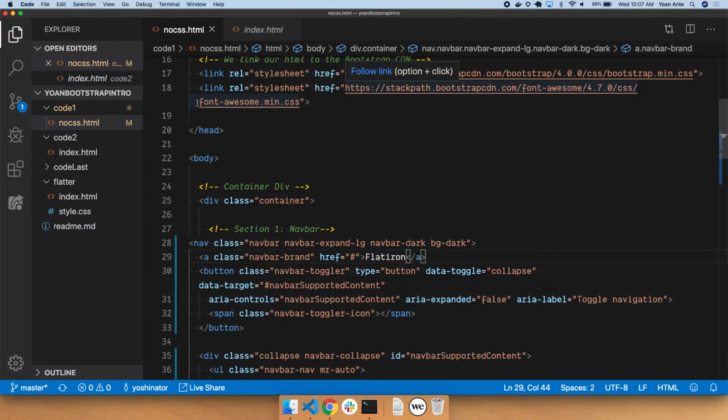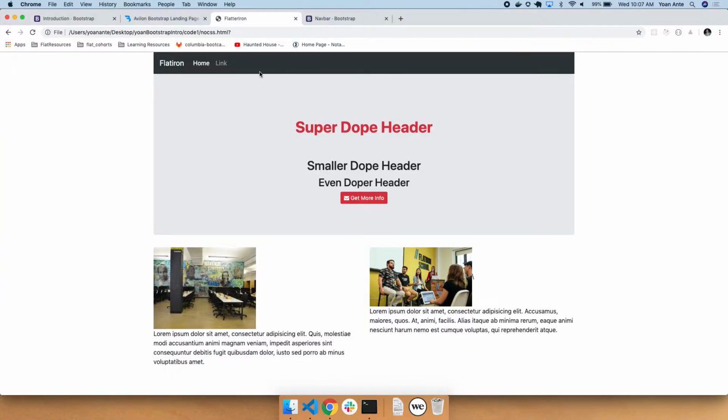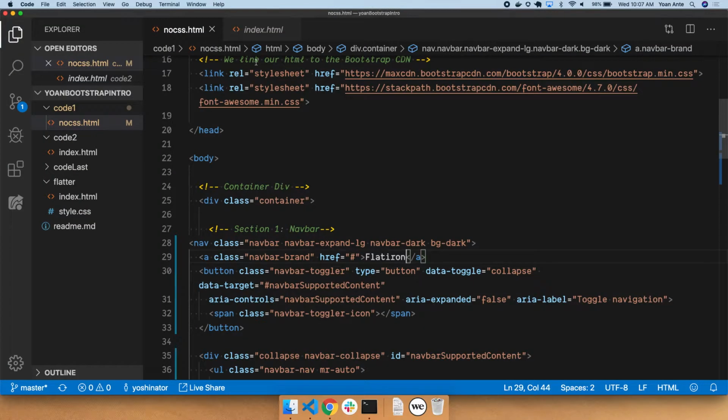Bootstrap has a bunch of helper classes. So margin, padding, all those types of things, you're going to add them with Bootstrap. Even the colors, you're not going to use CSS unless you want to make it your own, to override a Bootstrap style. So if we want this navbar to be fatter, we can add padding to any of these